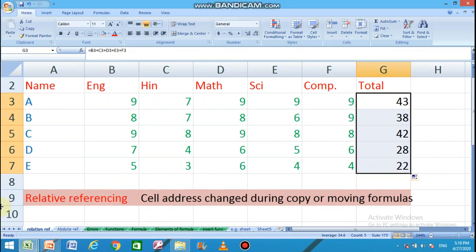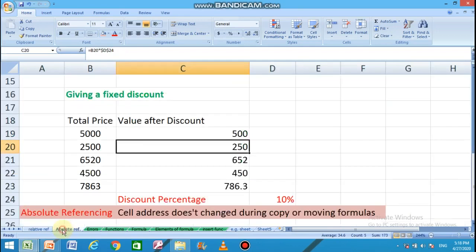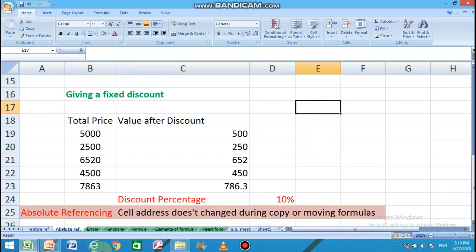Sometimes we don't want the cell addresses to be changed. In that situation, we require a special mechanism to make the cell values absolute. That special mechanism is placing a dollar symbol before the row and column names.